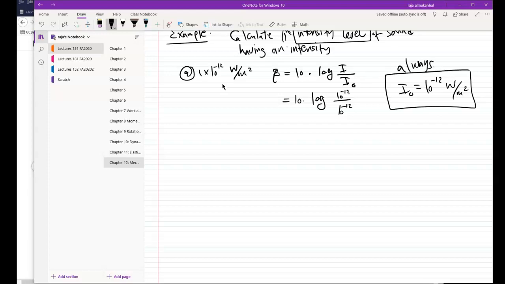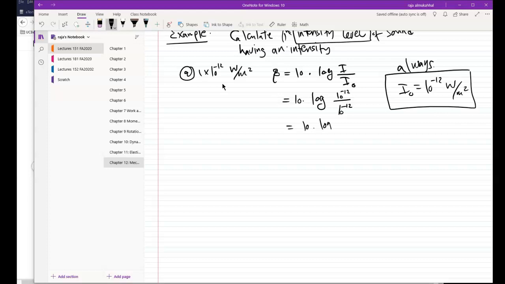All right. So you just plug it in. And then, of course, you want to prepare your calculator. Make sure that you know how to get the log of a number. Remember, this is log to the base 10. Log of a number in your scientific calculator. So you have 10 here